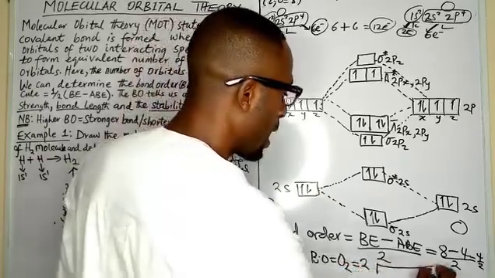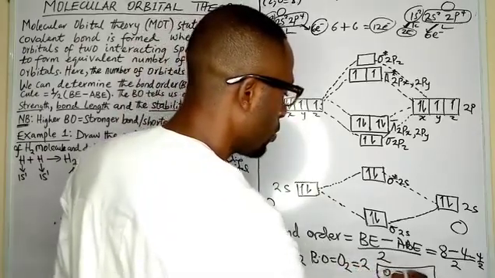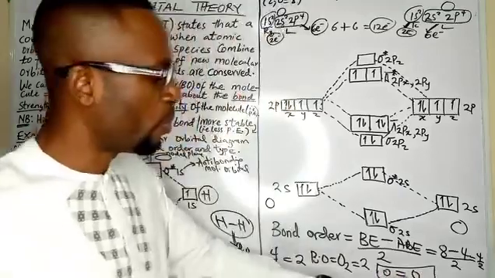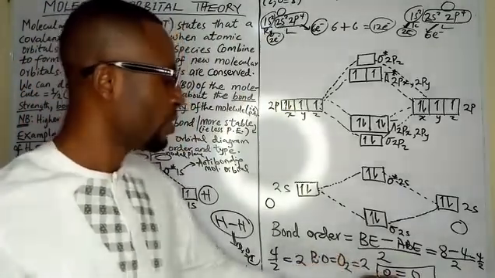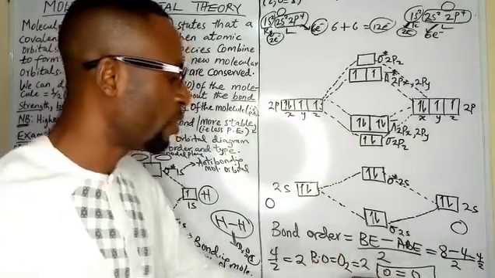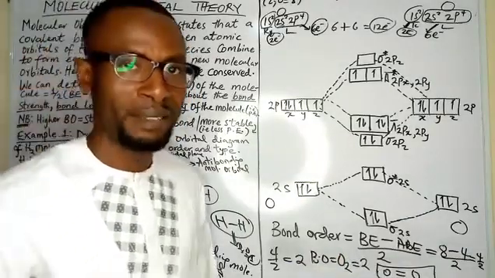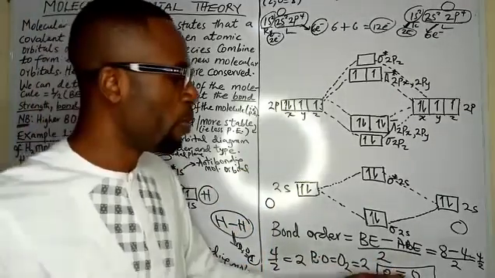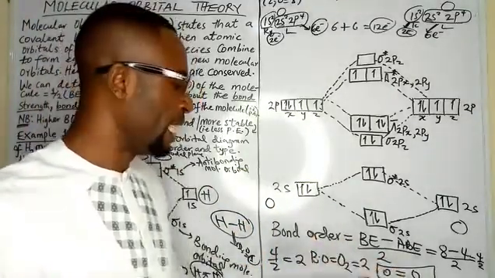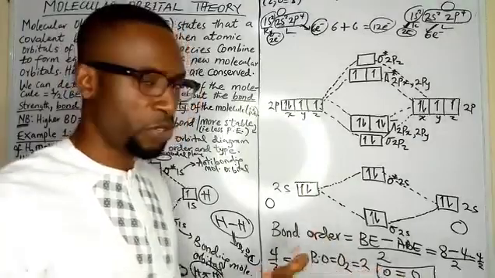And that is why that oxygen molecule will always make a double bond. You see it? So the bond order tells us the number of chemical bonds that are made. It's also important for you to know that the higher the bond order, the shorter the bond. Again, the higher the bond order, the shorter the bond.